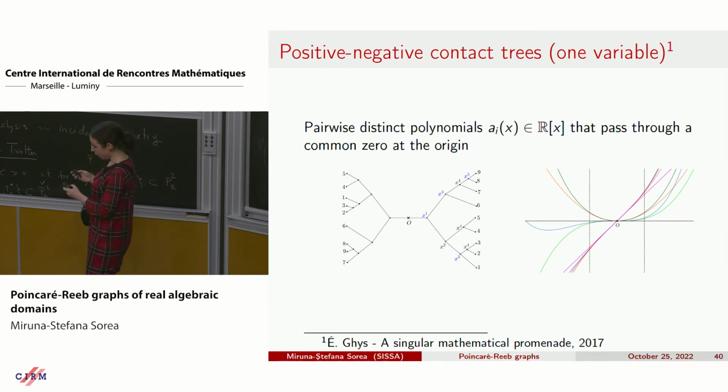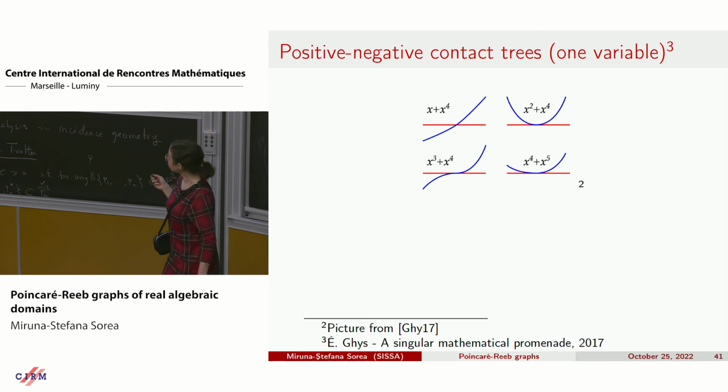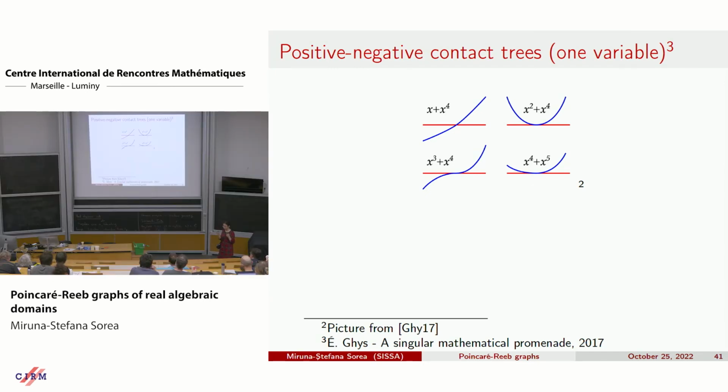And now comes the interesting part. If you consider, say this is the horizontal axis, and if you have a polynomial that crosses this horizontal axis at the origin, the key point here is that the polynomial will cross the horizontal axis if and only if its valuation, so the exponent of its smallest degree monomial, is odd. So in this case, you see that this crosses the axis, but for x squared plus x^4, it does not,